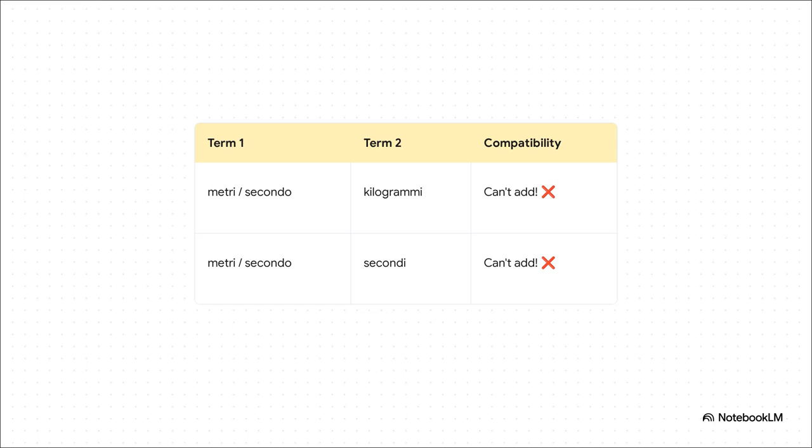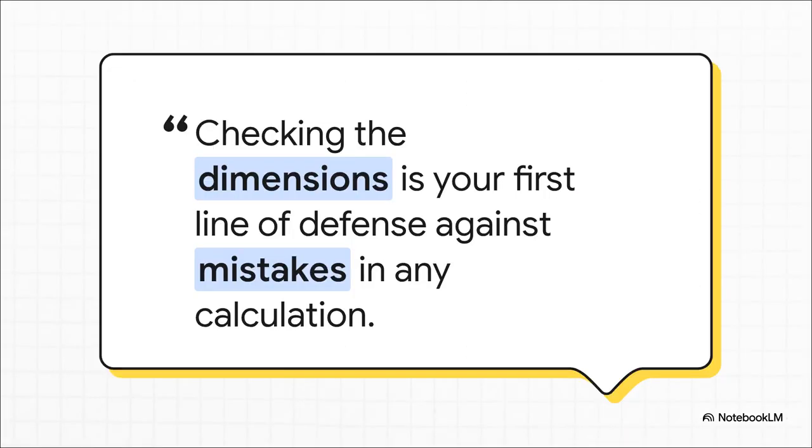And here's why. The unit for velocity is meters per second. You can't add that to kilograms, the unit of mass. It just doesn't work. It's like trying to add 5 apples to 3 seconds. The result is meaningless. The same goes for adding meters per second to just plain seconds. The units, the dimensions, don't match across the equation. And if the units are wrong, the physics is wrong. It has to be.